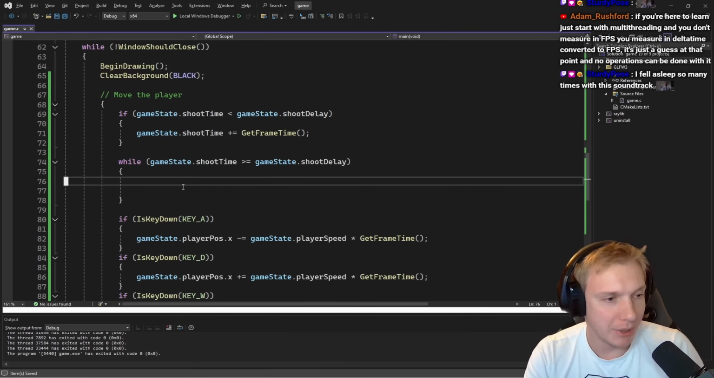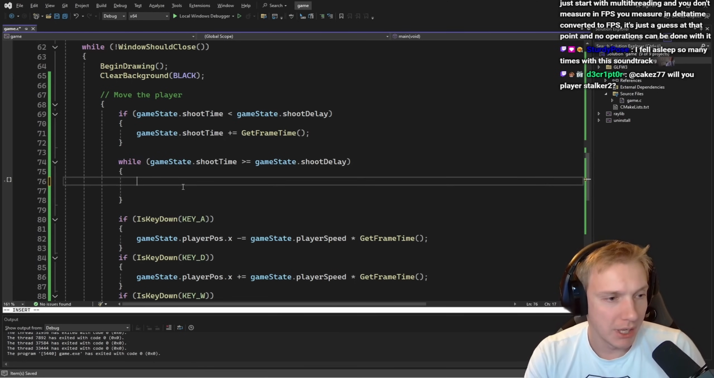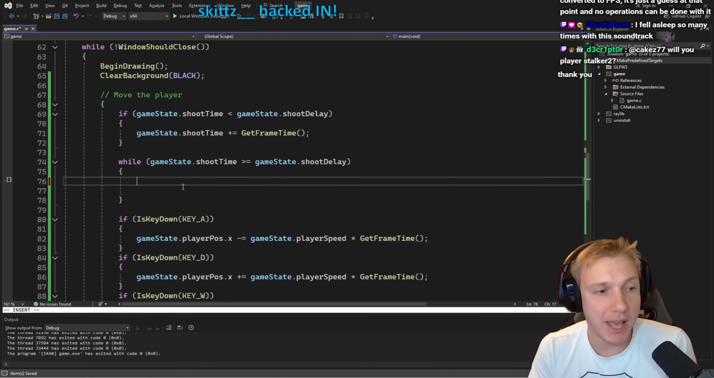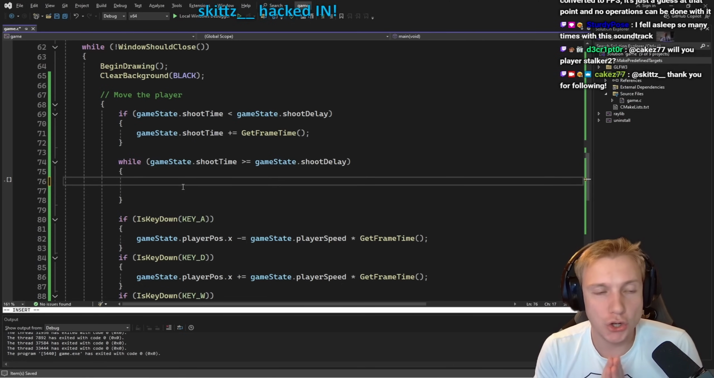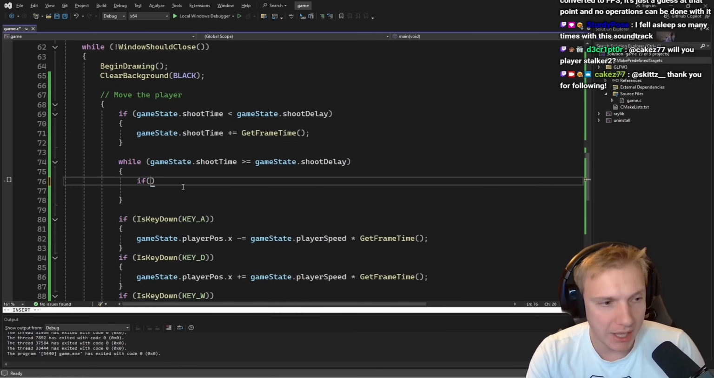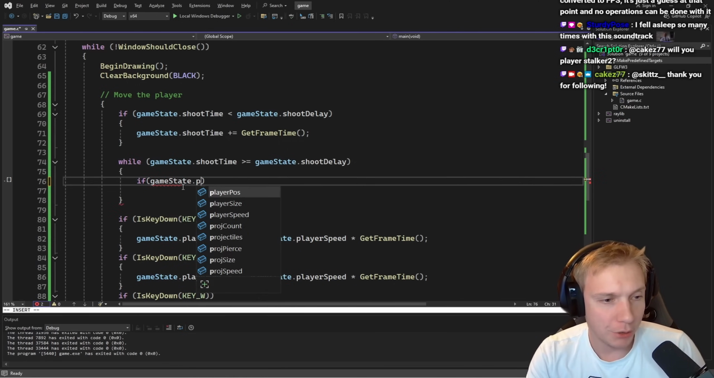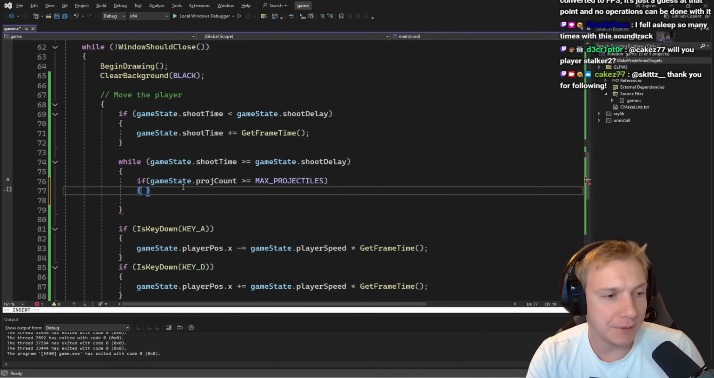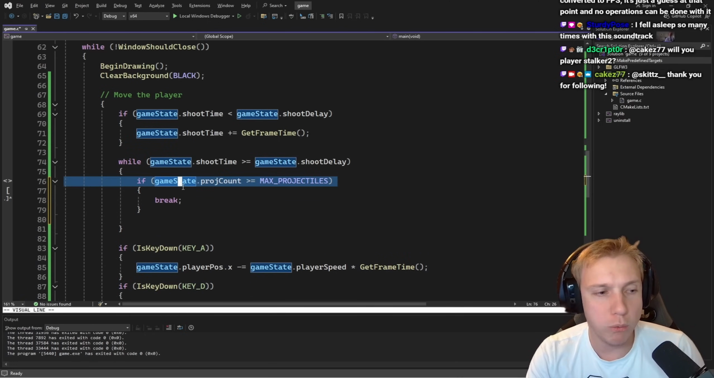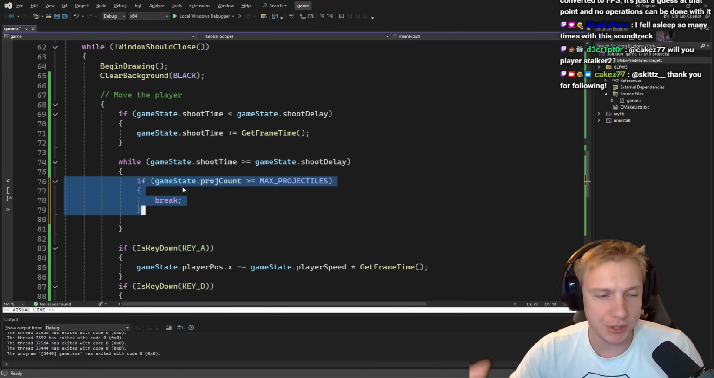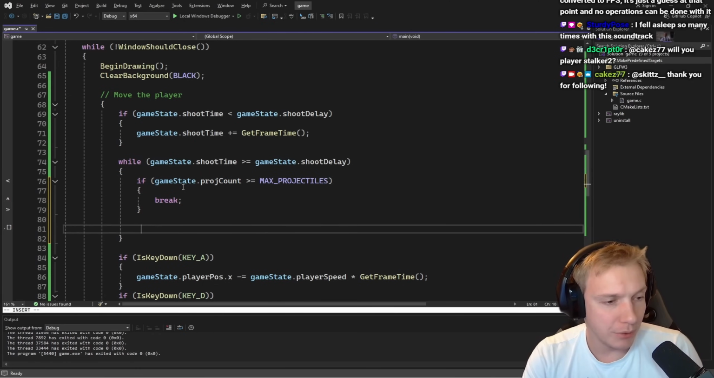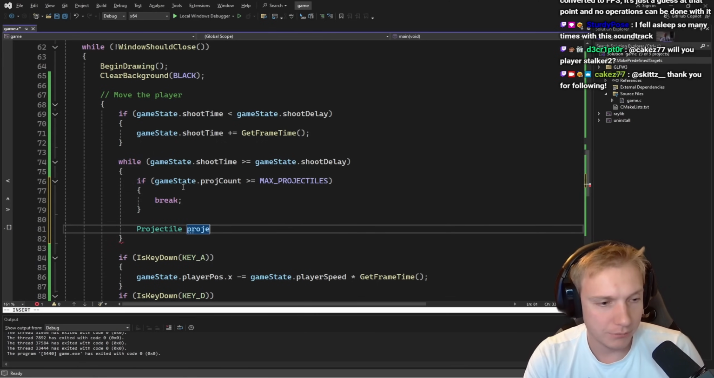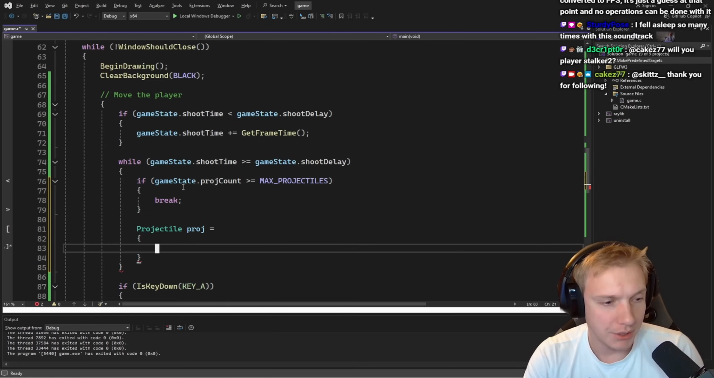Now that we have the game state all set up, let's go back to actually shooting projectiles. That's here. So whenever we shoot, first we need to make sure that we don't already have an array of 100 projectiles present. If the array is full, we cannot shoot a projectile. So if our game state dot projectile count is greater or equal to max projectiles, then unfortunately we just have to break out. We need to wait until a projectile disappears before we add a new one. And that will be then this, a projectile